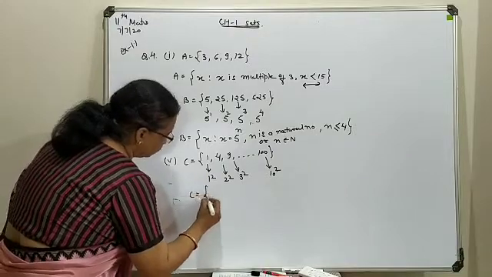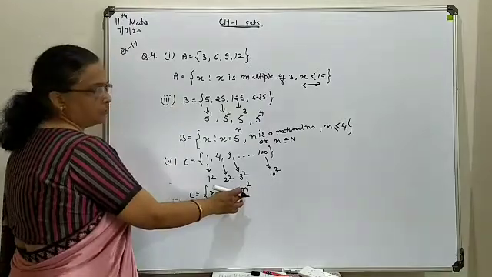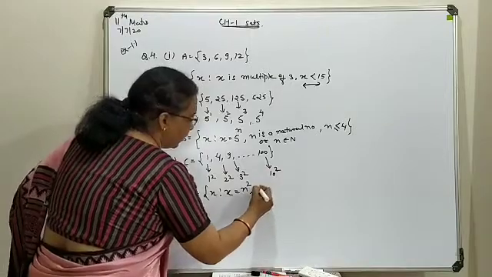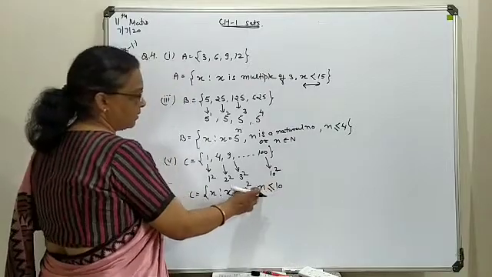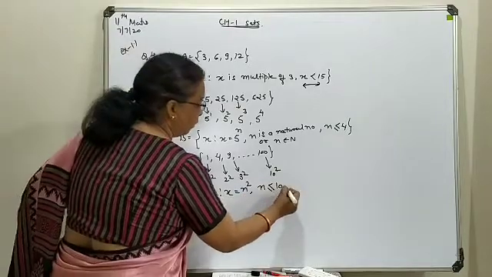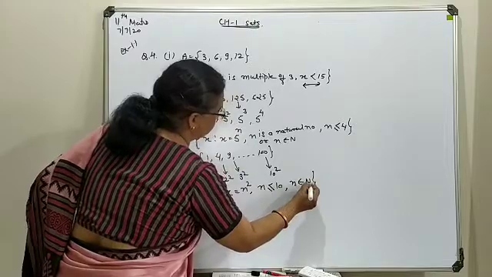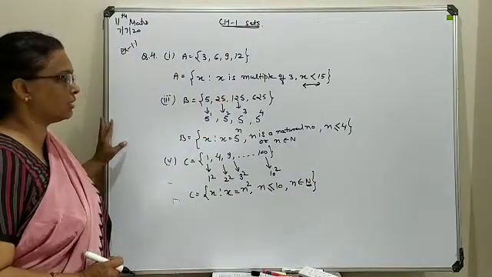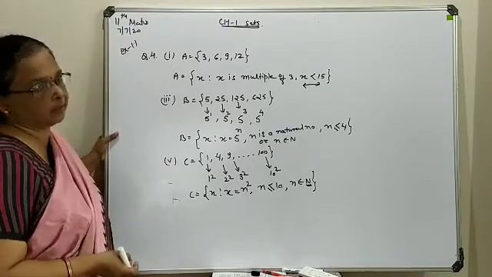C is equal to x such that x is equal to n square, 1, 2, 3, 4 up to 10. Now what are the limitations? First of all, n should be less than or equal to 10, which means we can start with 1 and end at 10. Now what is the limitation regarding n? From where is it to be taken? It is to be taken from the set of natural numbers, so n belongs to N. This way you have to study the given elements and try to link them with a certain property.